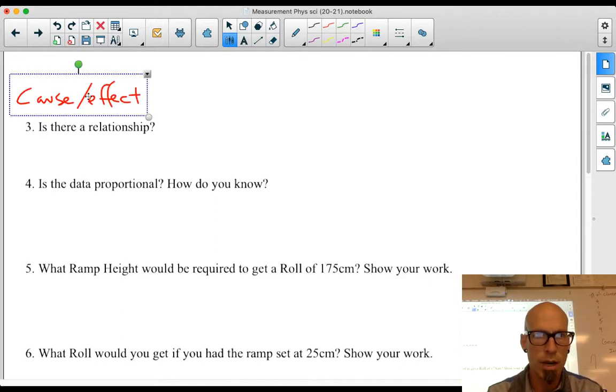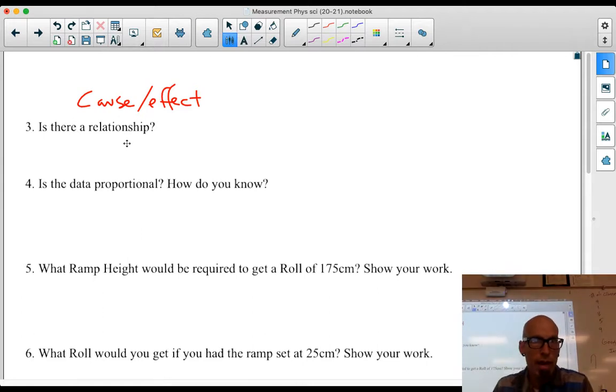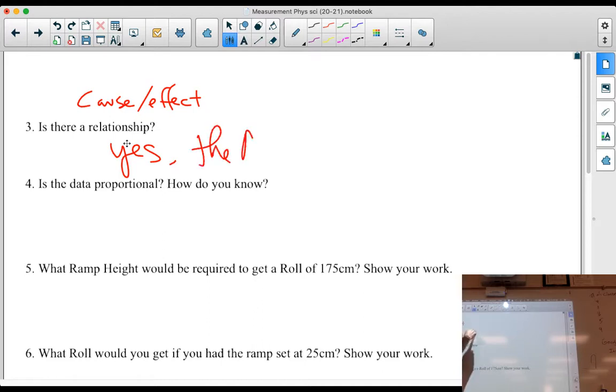Paste. All right. So, cause and effect. Is there a cause and effect? Yes. Now, that means yes, there is a relationship. How can you explain how you know that there is? Well, there's an effect, which means the line is not horizontal. It actually has a slope to it. There's a slope to the graph. And because there's a slope to the graph, is there a relationship? Yes. The ramp height